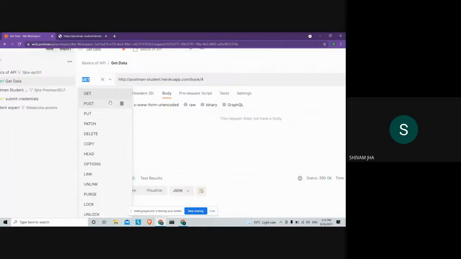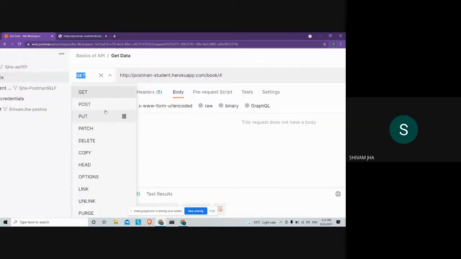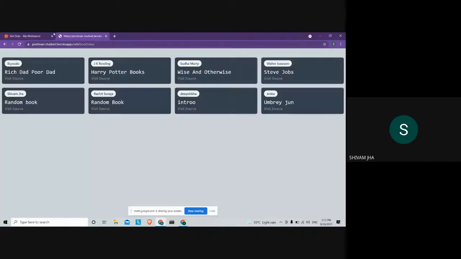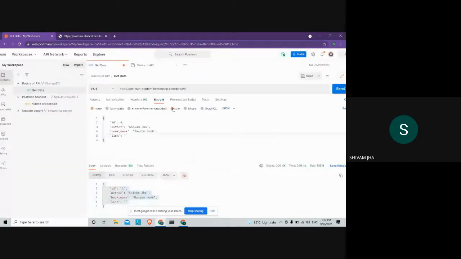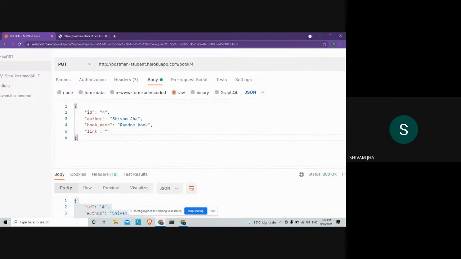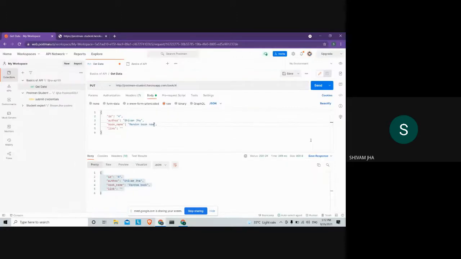I'll now change this method to put, and in the body I'll add, now let's say that I need to alter the name of my book. So ID will remain as is, and this book name will be appended with new. Okay. And now if I make the request